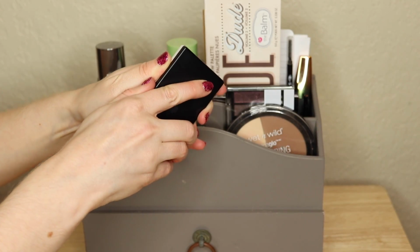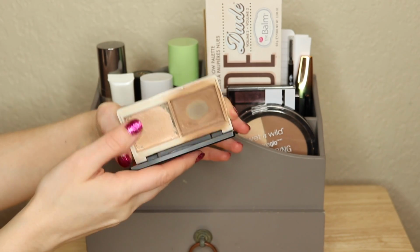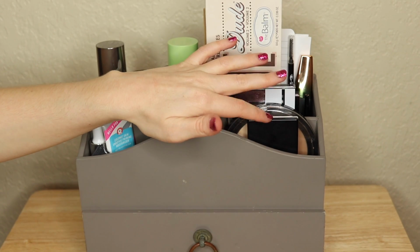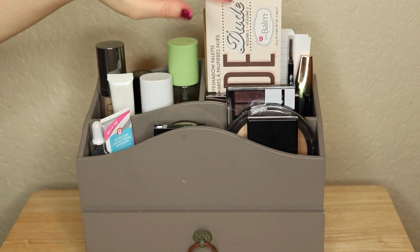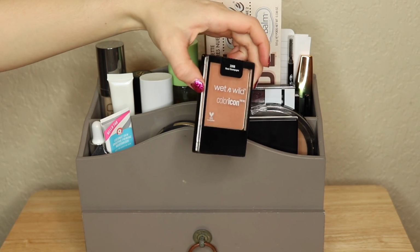I pulled this into my Project Pan last month. I did repress that highlighter finally, and so that's just trucking along. It pretty much goes with anything because it's just like a normal champagne highlight. And then a blush that I pulled out this month is the Wet n Wild blush in the shade Rosé